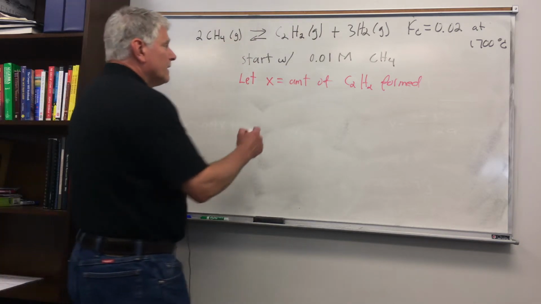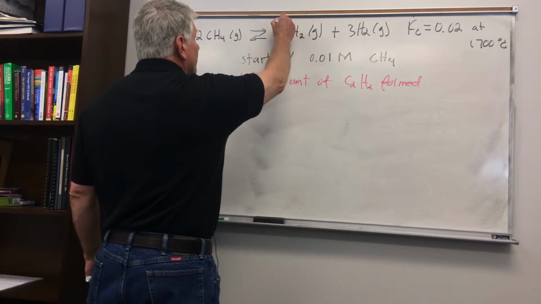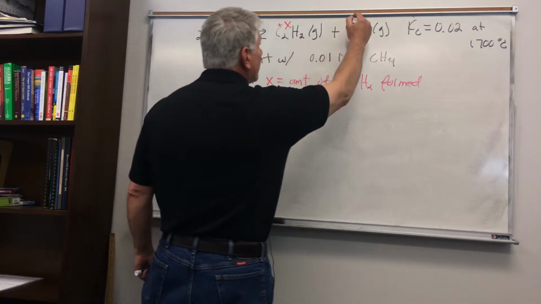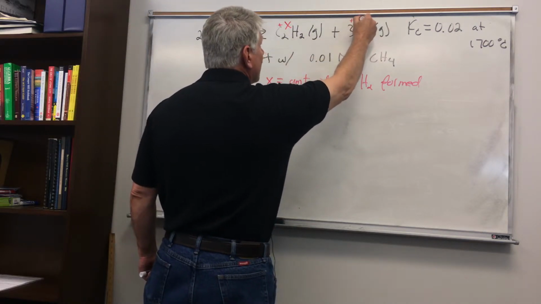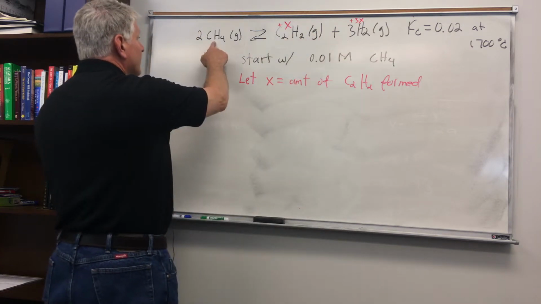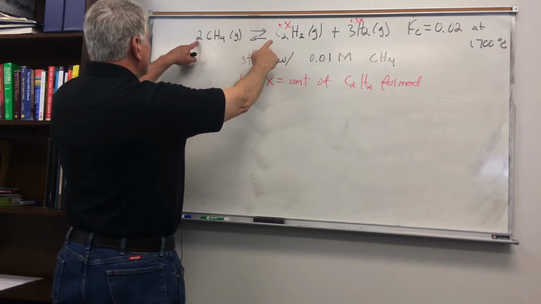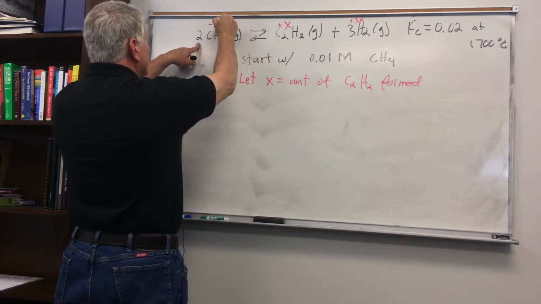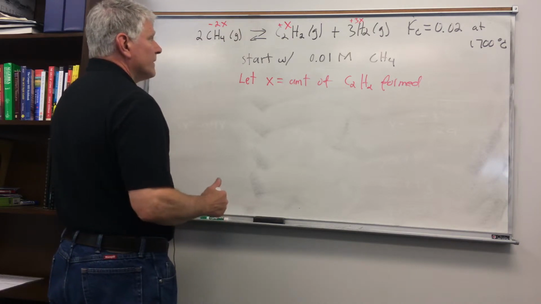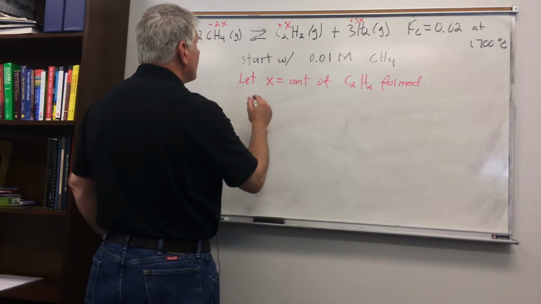So if X is the amount of C2H2 formed, then this is going to be plus X. Then the amount of hydrogen that's formed is plus 3X because of the 1:3 ratio. And the amount of CH4 that is reacted is 2:1, so it's minus 2X. So those are the changes from the initial amount. So at equilibrium,